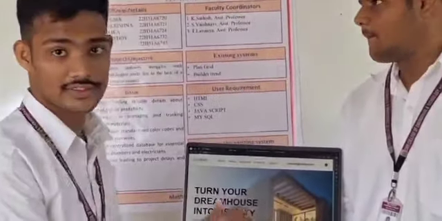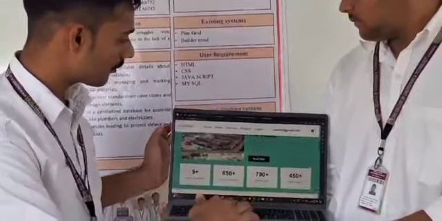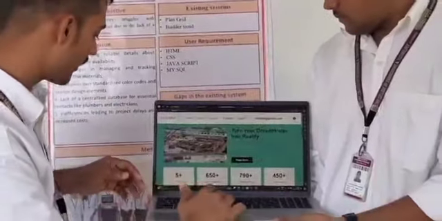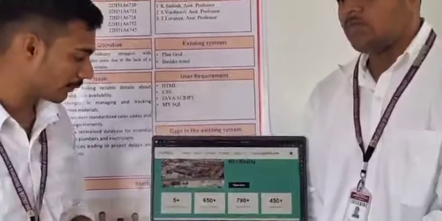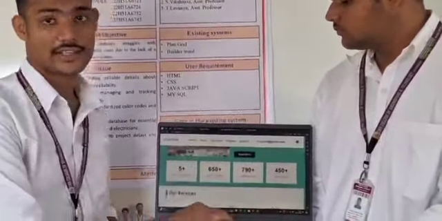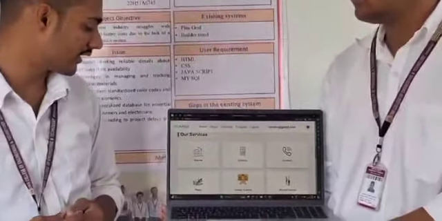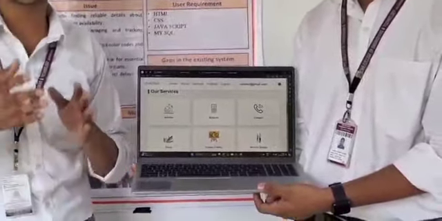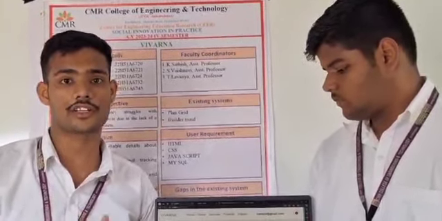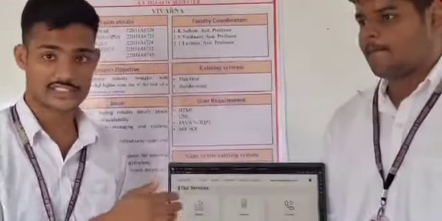Coming to about us, we describe the experience of our project: how long we have been in this field, the projects that we have successfully completed, as well as the satisfied clients and the active workers who are currently working on this platform. Our services include interior, exterior, contact, plans, color combos, and worker details. Interiors describes the various interior designs performed by the currently working workers in their previous projects, and exteriors describes the exteriors of the house in the same way.